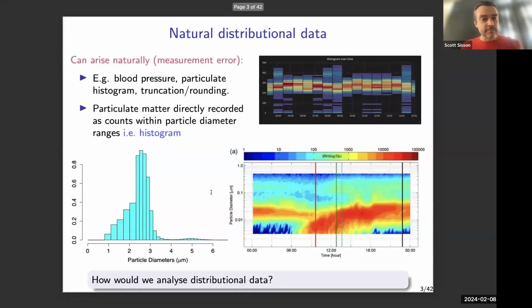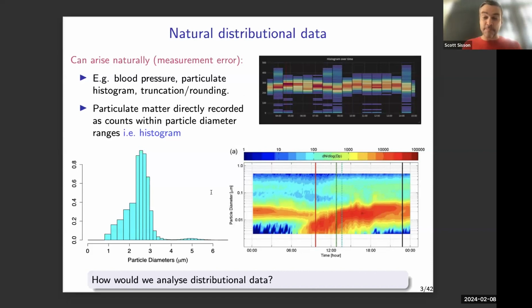Okay, so why might we be interested in analyzing data in distributional form? Well, some data actually arises quite naturally in distributional form. One example here is if you're thinking of air pollution data and you want to analyze the levels of particulate matter, the particle sizes within air pollution data. Now, if you take a sample of gas, you then don't go through each particle in that gas sample and say, okay, how big is this particle? Okay, its diameter is 1 micrometer. And then you go to the next one. How big is this particle? Okay, well, this one is 1.1 micrometers. That would be amazingly time consuming, and that's not how the technology for recording these data works.